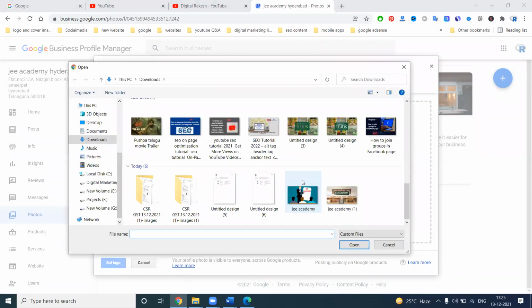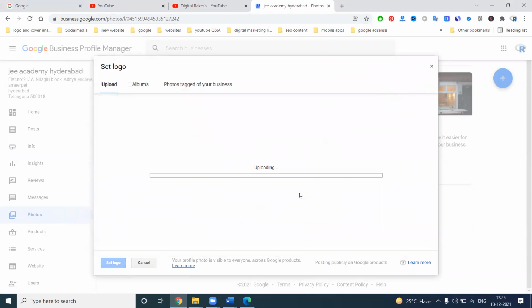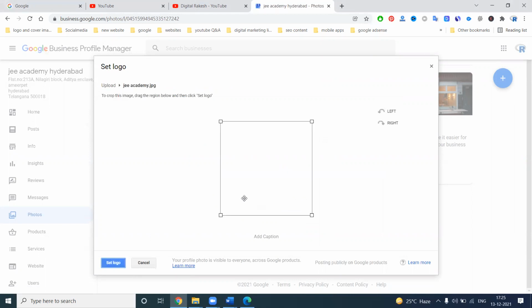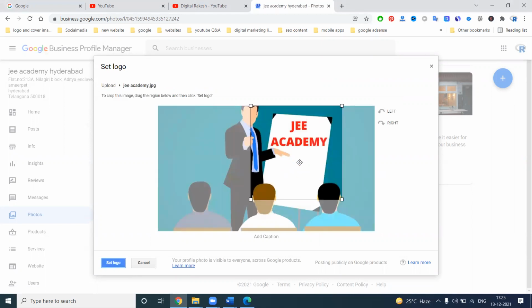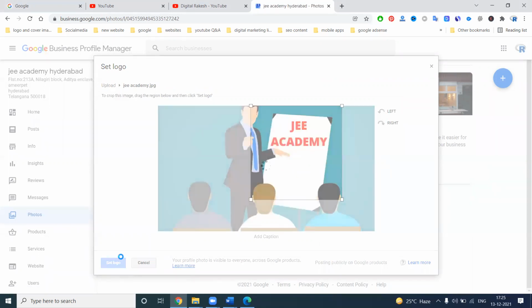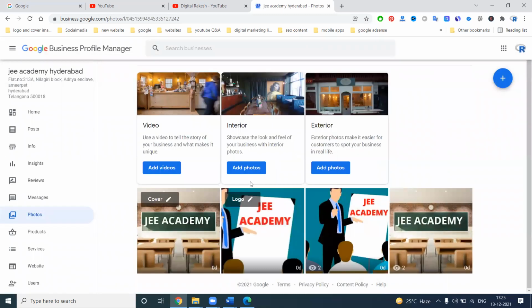I don't have a logo right now. My banner is the logo. I can add it in this. The logo is called your brand identity. Covering is nothing but the content you mention here. That all will be in your particular option. So this is the procedure by which we can create the Google My Business.